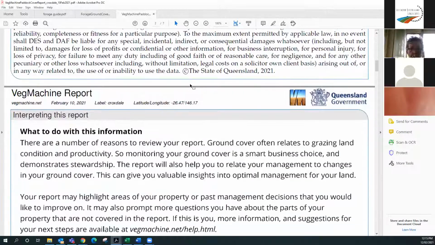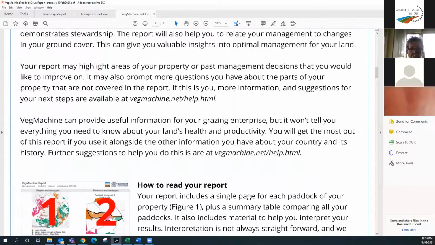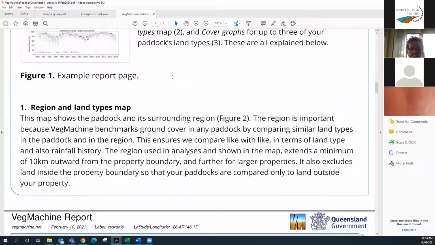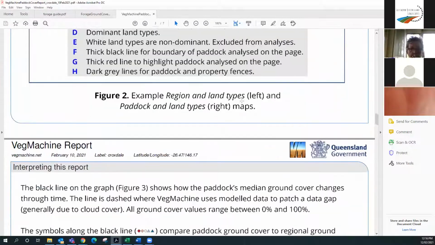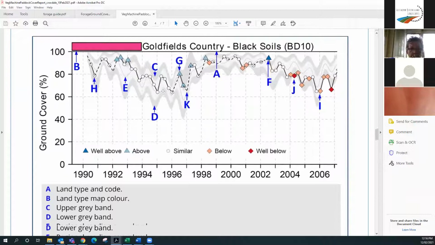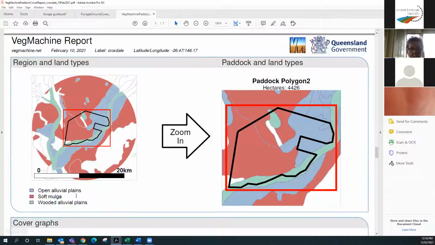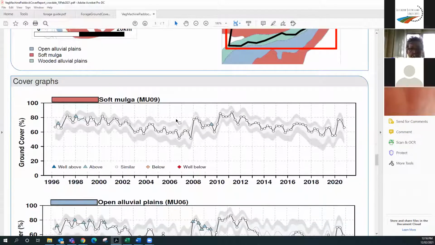And now what's really good about the VegMachine reports is they start off with this big introduction of what to do with this information and just step by step how to read the map. It is all very well laid out, diagrams explaining what means what. So they've even got like examples here, and I'll just scroll through all this, and then you've got your actual report here, and as you can see, it's got the land types, so which is very helpful to know, and then it will break it down by land type. So what these graphs mean is,